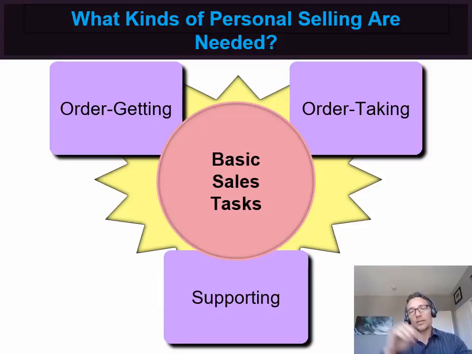Going to the upper right of this graph here, you see order taking. An order taking salesperson is somebody who is managing an existing route. So the order getter might bring in a new client, get them all set up, and then a lower level salesperson is going to maintain that account. Say, for example, going back to MiraCosta, and it's a company that supplies printer cartridges and toner for the copy center. It might be an order getter that came in and originally landed the MiraCosta account and wrestled it away from whoever had the MiraCosta account before.